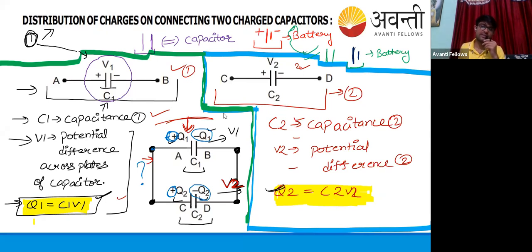Praneeth is asking how to know whether a charge is plus or minus. It will be given in the question. Charge plus and minus will be shown in the question. In a battery sometimes it may not be shown, but we perceive it through the bigger line as the positive terminal and the shorter line as the negative terminal. But in a capacitor it's given already. So fast, I'm moving to the next.